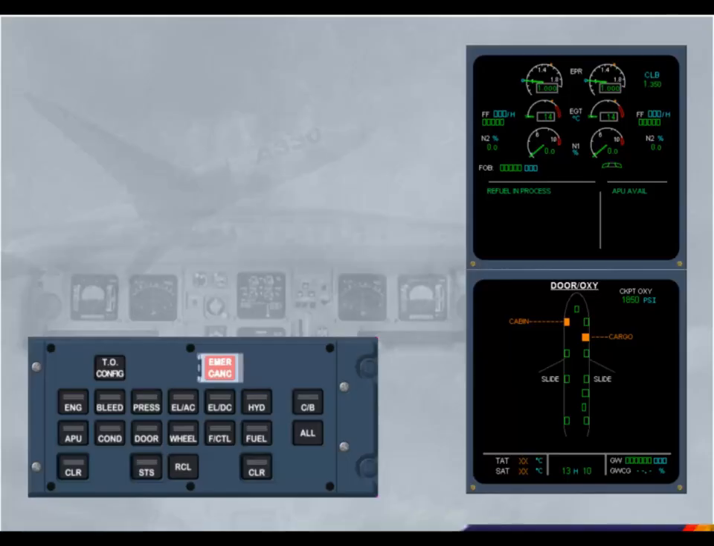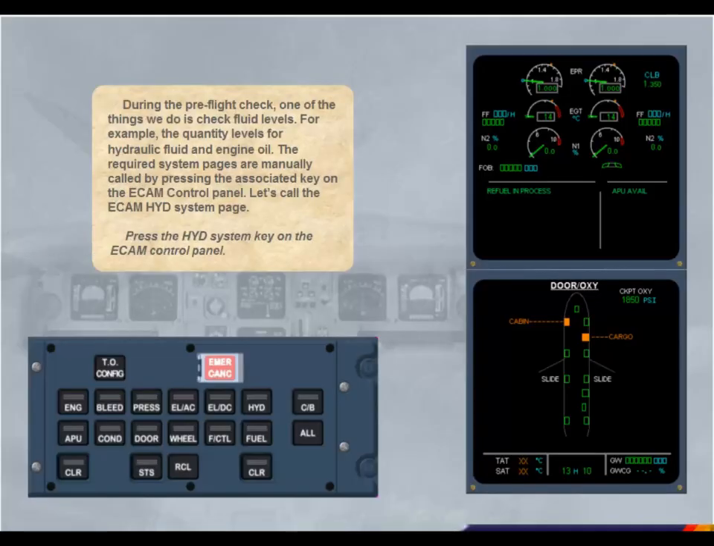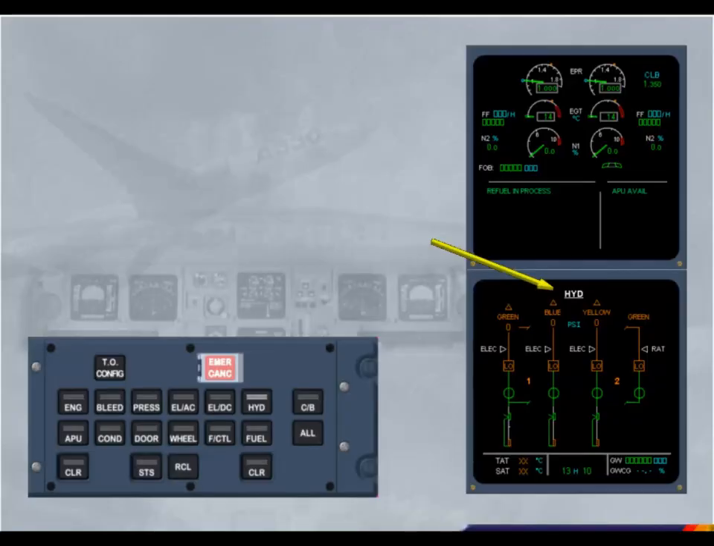Let's call the ECAM hydraulic system page. Press the hydraulic system key on the ECAM control panel. The ECAM hydraulic system page is displayed. Notice that there is a light on the hydraulic key on the ECAM control panel to indicate that it was